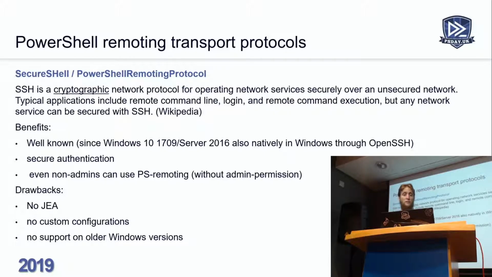Since Windows 10 1709 or Server 2016, the OpenSSH client is available as an optional feature in Windows, which is one of the benefits, because suddenly all the Windows clients become SSH remote accessible, which could help a lot of people that have to go to heterogeneous environments and really manage them. Even the authentication part is already encrypted, as I said before. First step is that the client has to trust the server and the other way around,